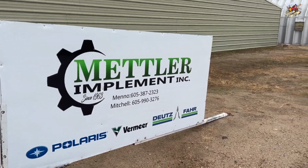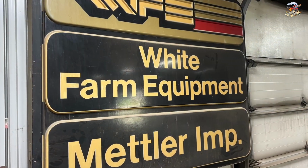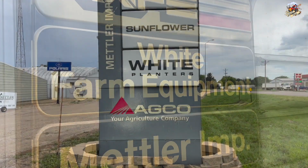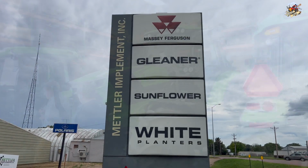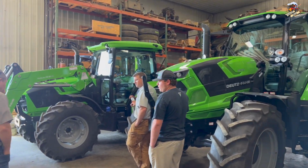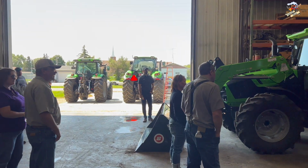Now these guys have been in the farm equipment business for a long time. If you go back on their history, they were an Oliver and a White farm equipment dealer. They're also an Agco dealer, but they gave that up several years ago. These guys also had a huge fertilizer co-op going. They sold the co-op. They're now going to get back into the machinery business, carrying Deutz Fahr tractors, Vermeer, and